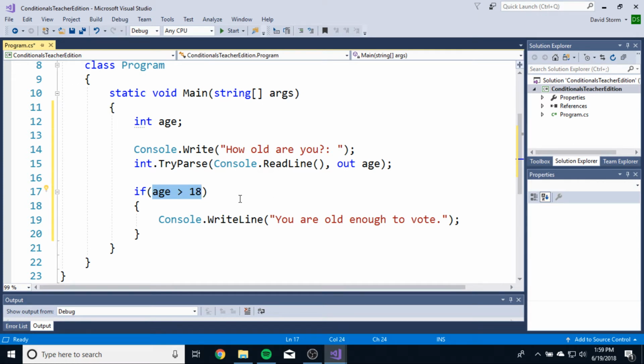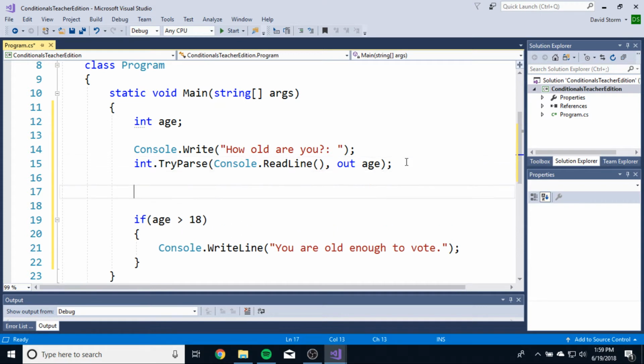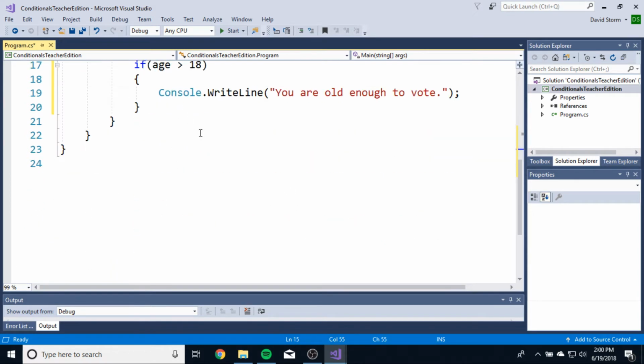Now, in programming, true and false are what are called Boolean values. We can create a Boolean value, and a Boolean is just like an integer or a string or whatever. It's a data type, and Booleans will only store either true or false, right? So we can create a Boolean, let's say we can even expand this out a little bit. Let's say bool, because it's a Boolean, eligible, and we'll say equal to, or let's say, if age is greater than 18, then we'll say,